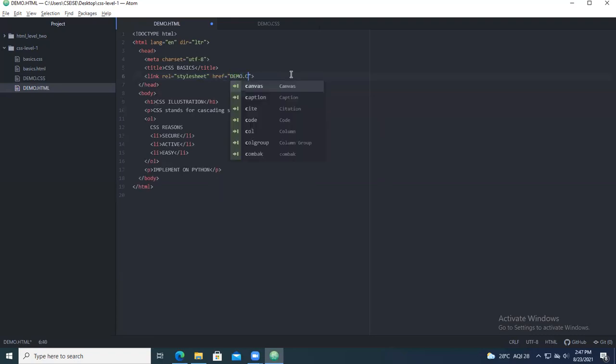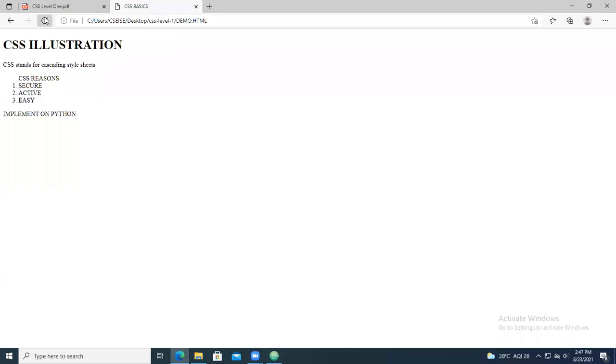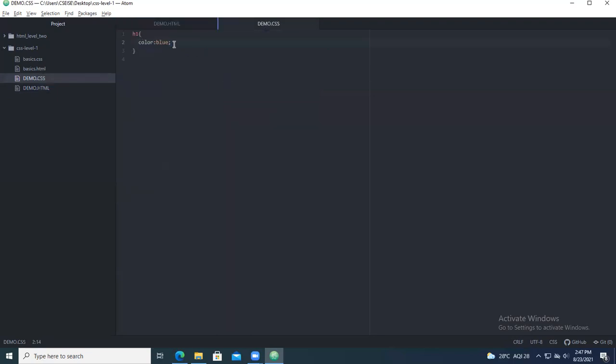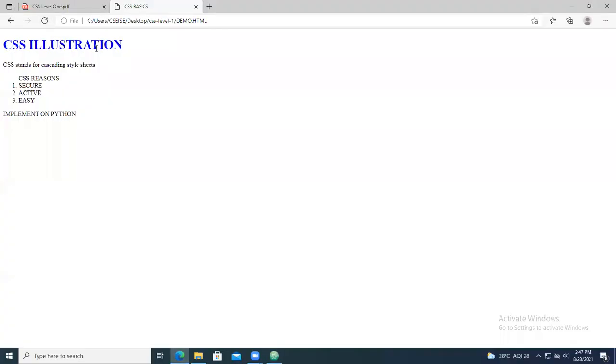What is the file name? Demo.css. So now you save the content and run it. Here you can see, only for the heading, H1 CSS illustration, we have taken the color as blue. That you can see here, you have got the blue color here.